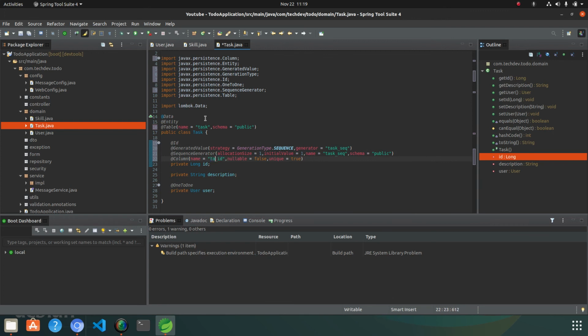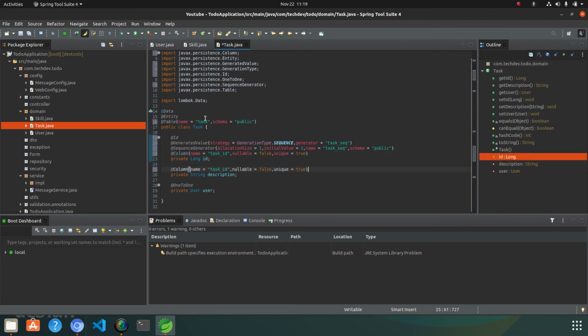Here the task underscore id will be the column name, and at the @column, task underscore description will be the column name. Nullable will be false. There is no uniqueness.